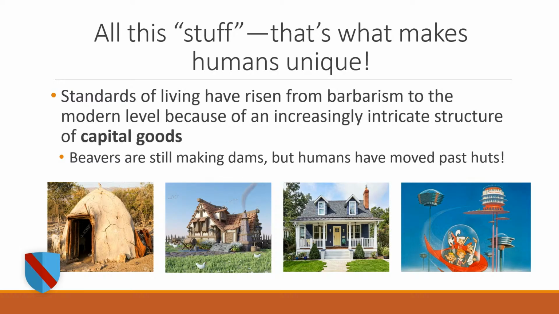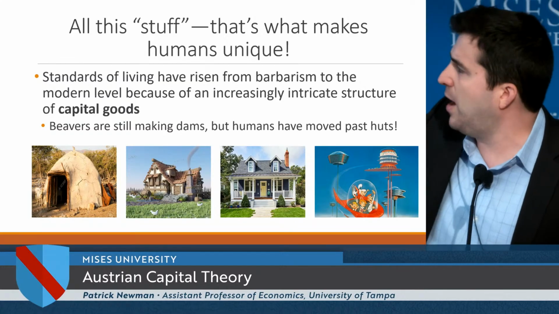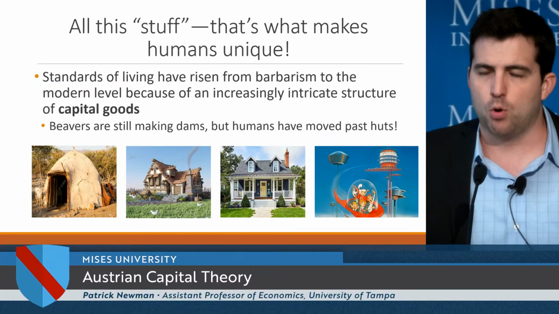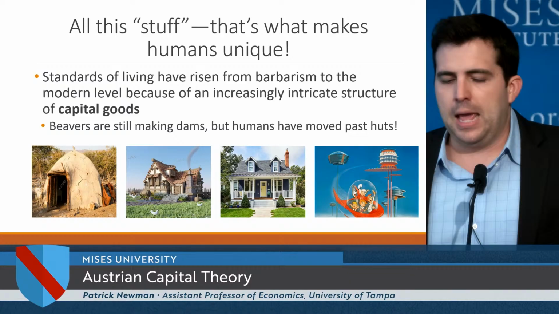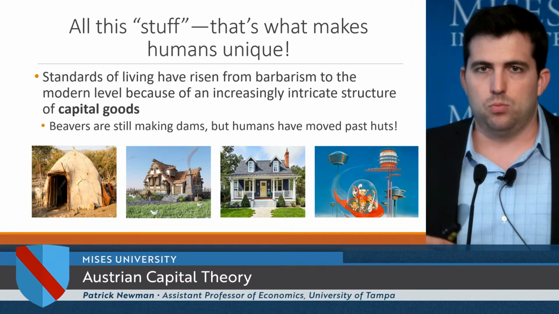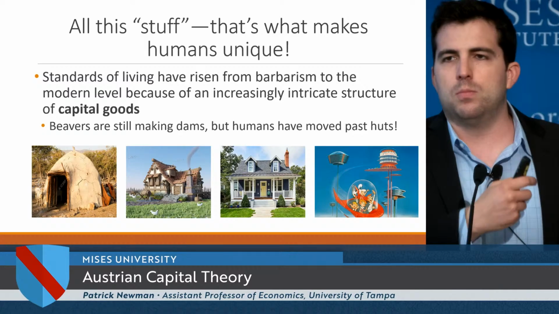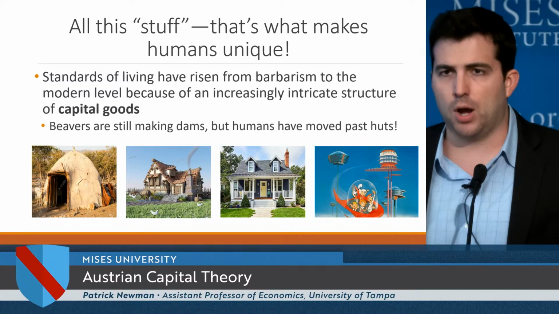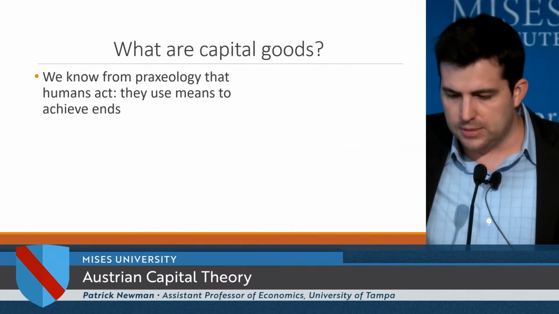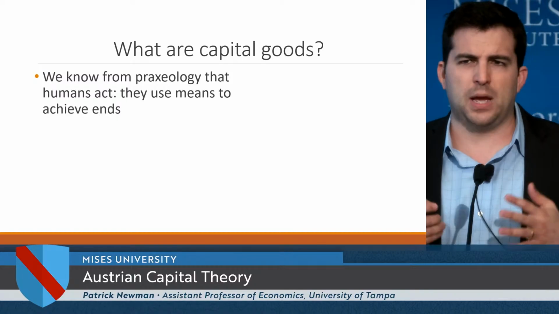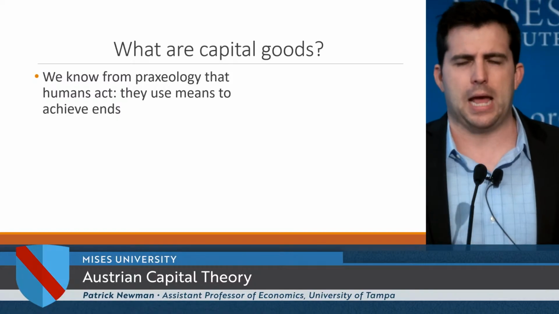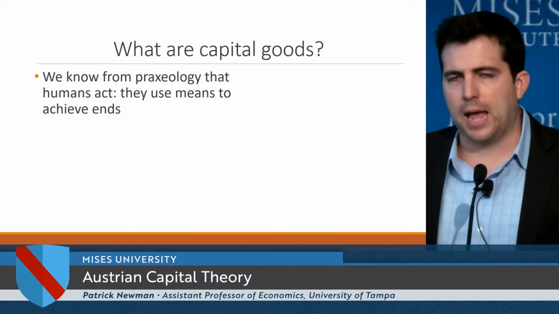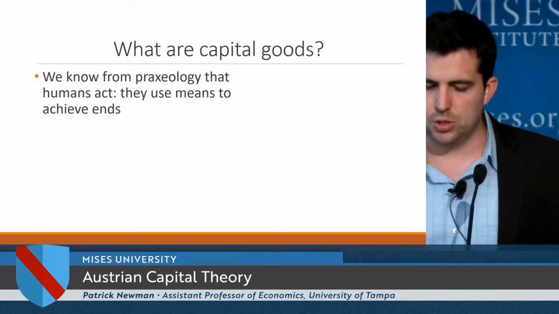But soon enough. And we could describe this for everything. The cell phones that you have in your pockets are way more advanced than before. The cars, the planes, the buildings, whatever. Right? We are continually developing more and more types of capital goods and in greater quantities. All right, so I'm talking about capital goods. What are capital goods? We want to briefly go through a little bit of that Mengerian analysis that was discussed yesterday when we ask, all right, what are capital goods? How are they different than other factors of production, consumer goods, and so on?